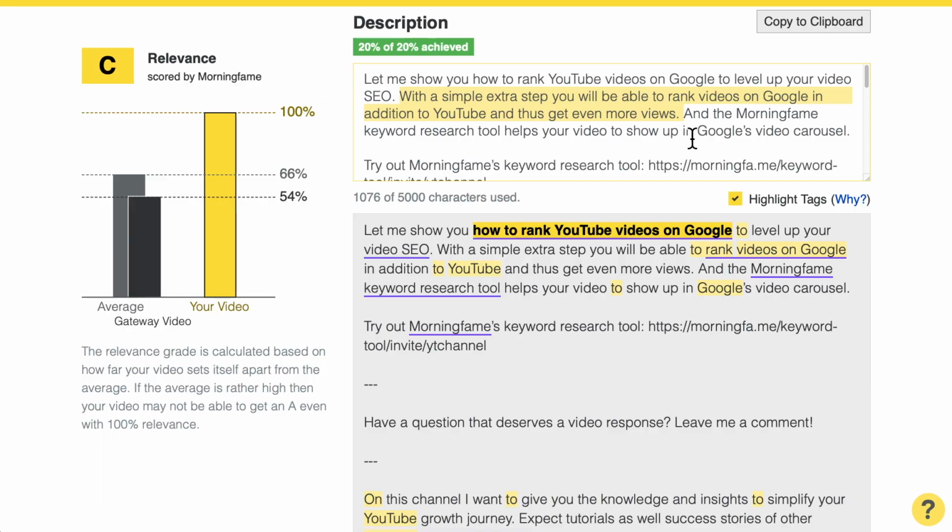That is a very human readable text. Most people won't even recognize that there is a search term in that sentence. But since we are also signaling YouTube with these search terms where it should rank our videos, well, this is the perfect way to go. And you can see here below in the preview with the pink underlines, rank videos on Google is ingrained into the description. Job well done.